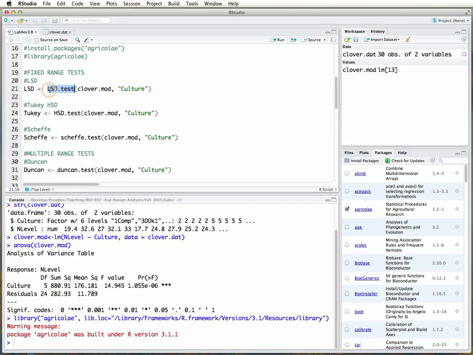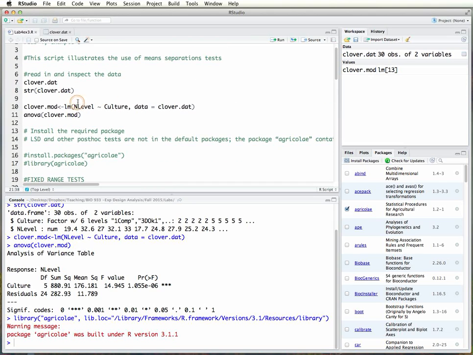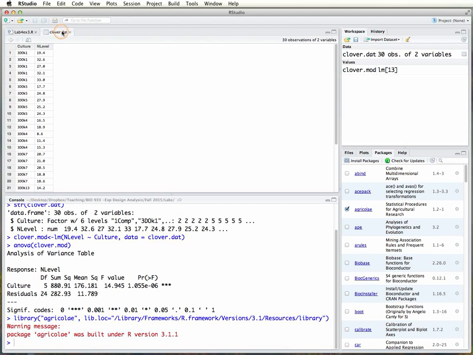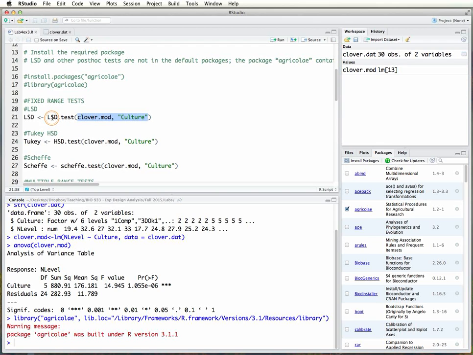You simply call on it with LSD.test, and the arguments you feed it are the model itself, clover.mod, that is our linear model from up here, and you specify the treatment, the levels of which you want to make pairwise comparisons among. So in that case, it's culture. If you go back to the data set, that is the header for the column for the treatment levels that we're trying to compare. So it's just LSD.test, clover.mod, culture, and I'm assigning it to an object